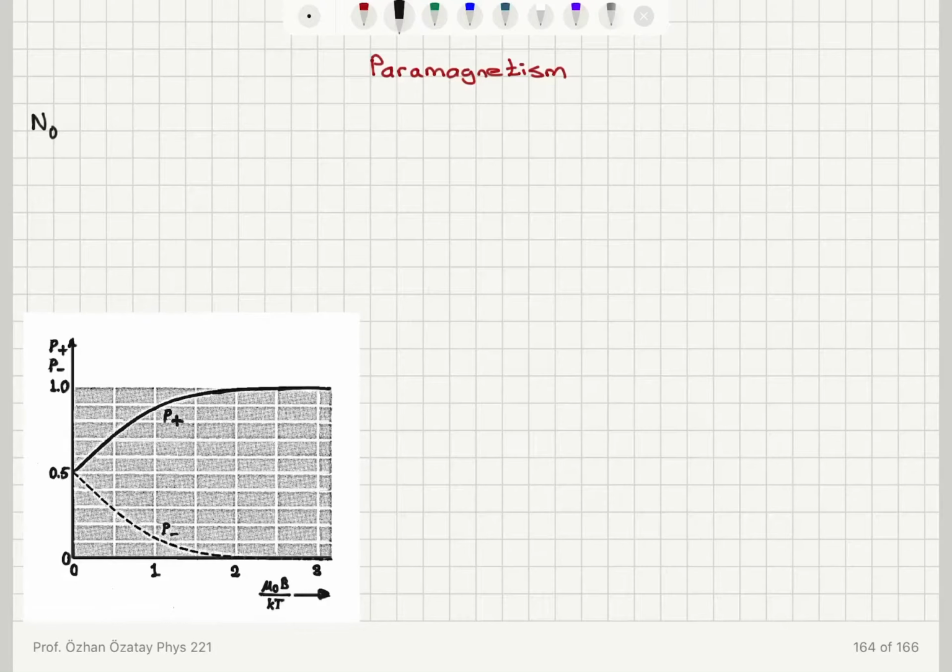So this is going to be the number of magnetic atoms per volume, and we're placing this substance in an external magnetic field, so we have B, the external magnetic field,